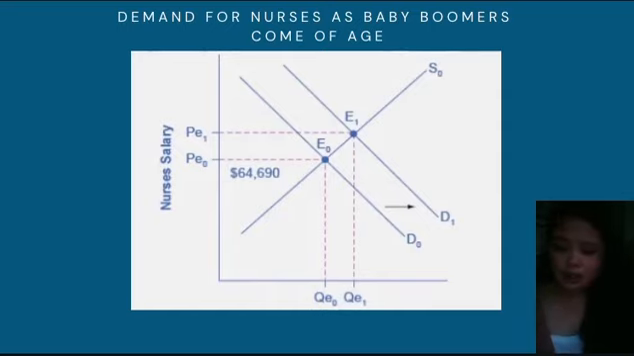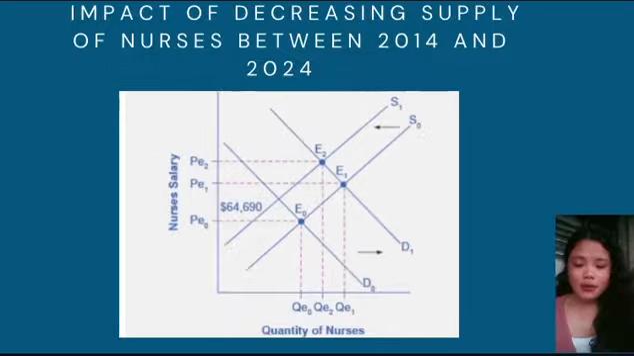For example, if an individual was born between the years of 1946 and 1964, that person is considered to be a baby boomer. The baby boomer age range as of 2022 is 58 to 76 years old. During the baby boomer birth years, the number of births increased. Impact of decreasing supply of nurses between 2014